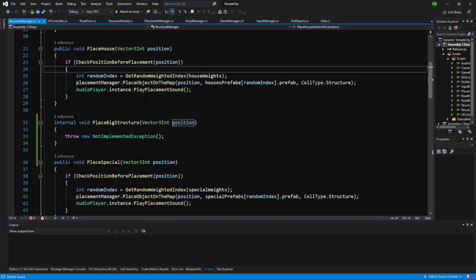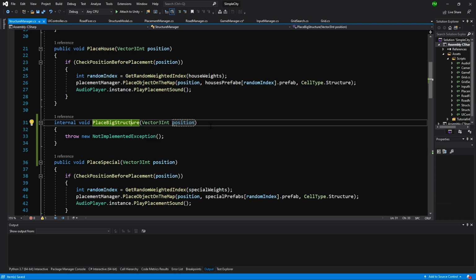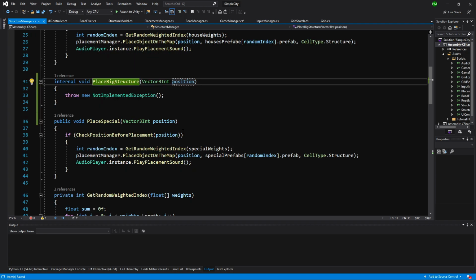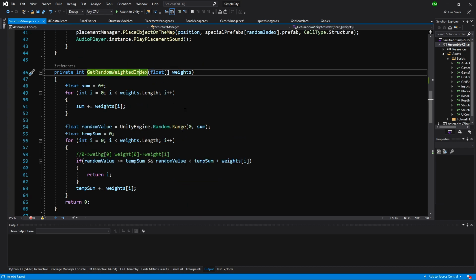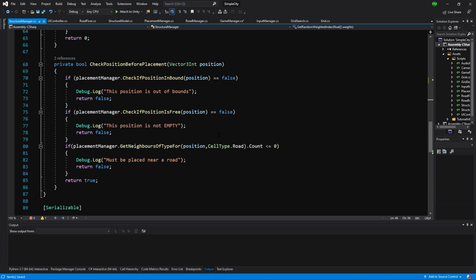This will be our new method, but we need to refactor some of the code in our structure manager to cover the checks for our place big structure method. So what we have here is our get random weight. We will use it as well. But what we have here as well is the check position before placement. And we have here checked, for example, for the get neighbor of type, and we have checked if this is a road. Now, if we call the check on each and every field that we want to place our big